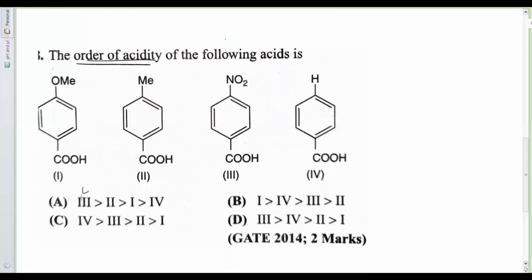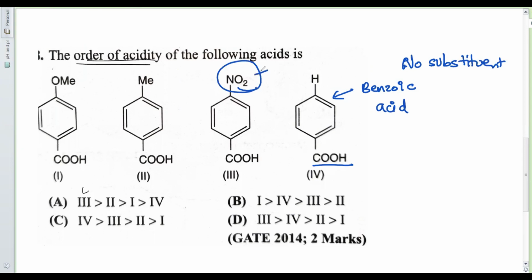So let us try to figure out now which one will be our answer. Here you have one, benzoic acid, we just discussed. Benzene ring with only COOH is benzoic acid, so this is the one which has no substituents. Look at the third option. You have NO2, which is what? Yes, the electron withdrawing group. So minus I effect. This means that this one is definitely going to have the most acidic nature.